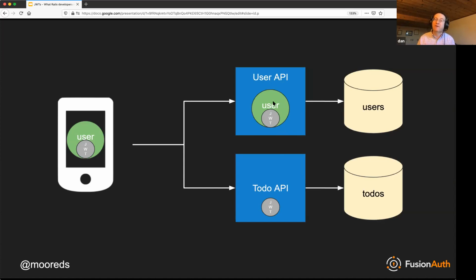We'll talk a little more about that mechanism in a bit. And the second thing it can do is extract a bunch of user information from that JWT, knowing that it hasn't been changed over the wire. And so therefore it doesn't have to call into the user API to get that JSON like the opaque token scenario required.